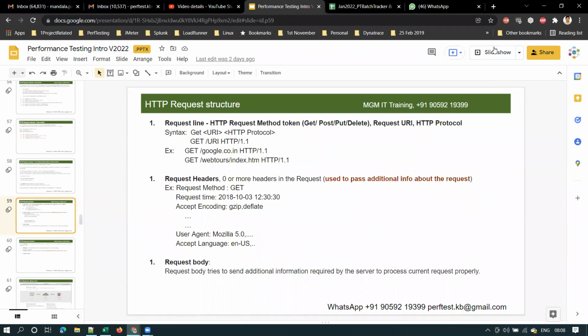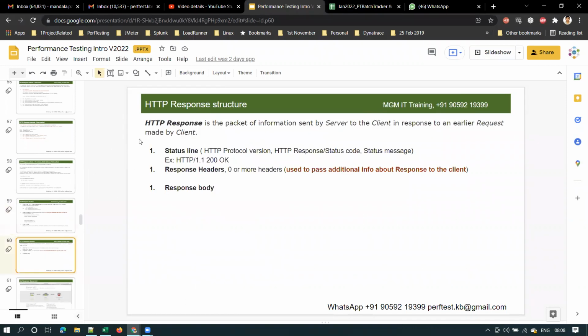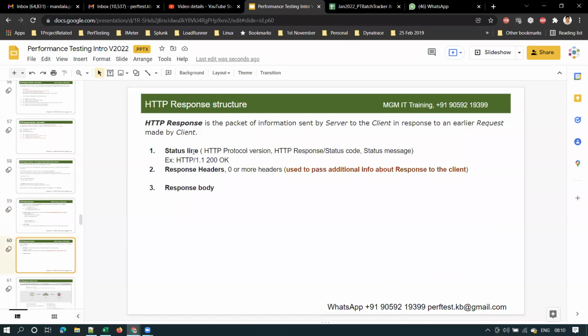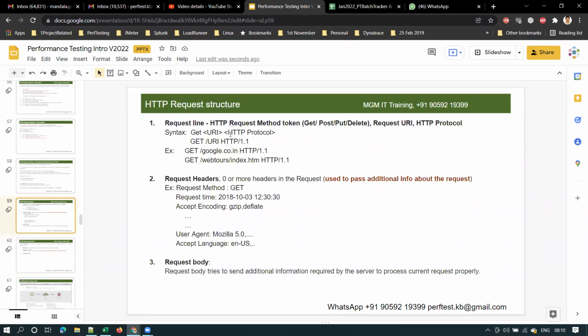The first and foremost thing is that there are three parts in the request or response, whether it is an HTTP request or an HTTP response. Both can be classified into three parts.